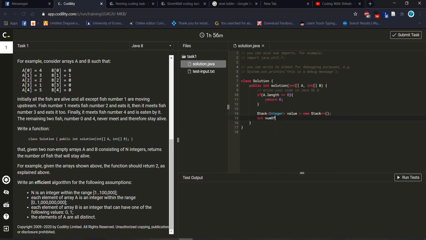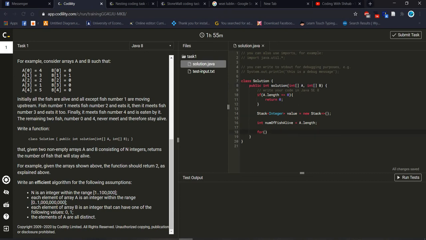I am taking one variable like this way. Now I will iterate array number 1, because it contains all the fishes, smaller and bigger, that means fish size. And array B is containing the direction.